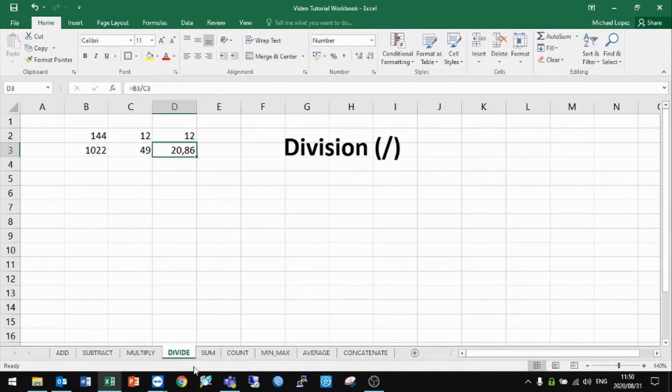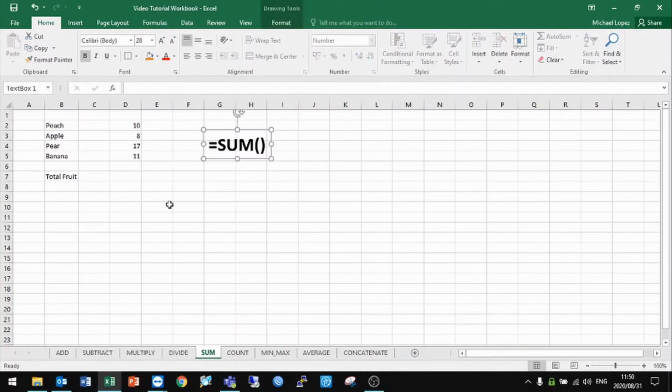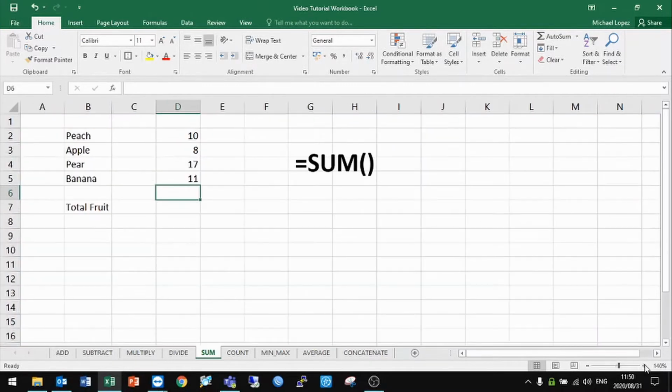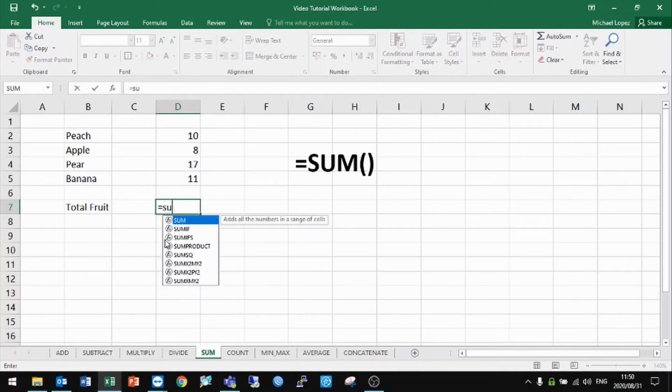Okay, moving along, let's look at sum. Now sum is very much like addition, but sum becomes useful when you need to add quite a few numbers together, like if you have an invoice or a table with 20, 30 items in and you want to add the contents of that. So here's an example. We have a number of peaches, a number of apples, a number of pears, a number of bananas. If we want to know the total number of fruit we have, we always start with the equals and then enter the function name, which is sum,